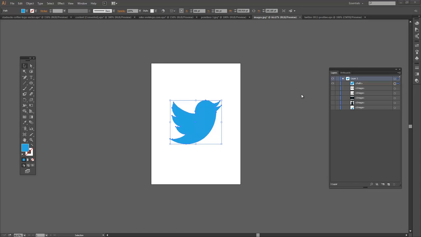Now let's put the shape builder tool into action, okay? Here we have probably one of the most famous logos right now, the Twitter logo. And I want you to look at this logo and how it's put together. It looks like a lot of circles and cutout lines and everything. And it's not that every logo is done like this, but certainly a lot of the logos that you see